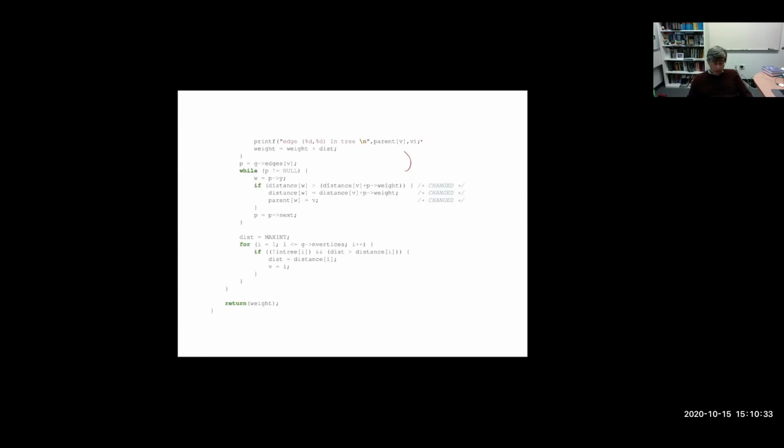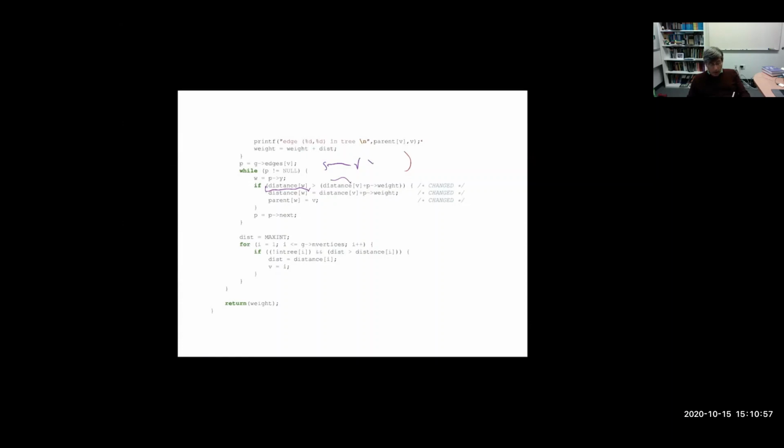If the best way I know of so far to get to W was that, but there's a way to get from the start to V, and then from V to W,